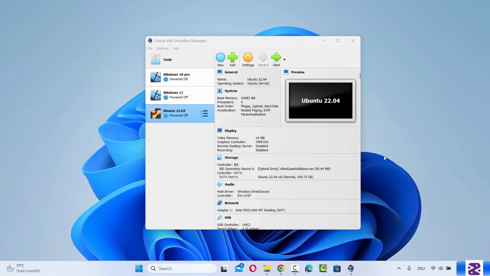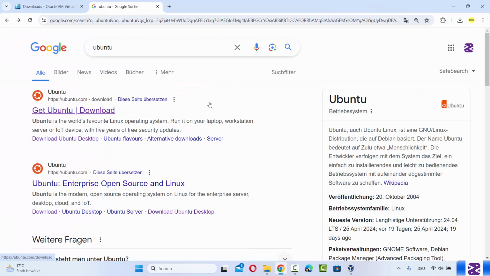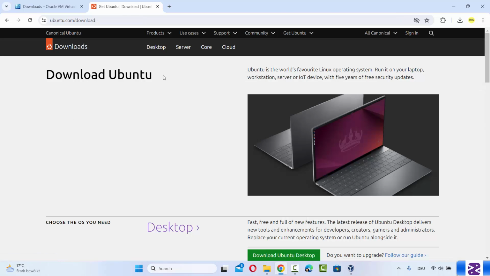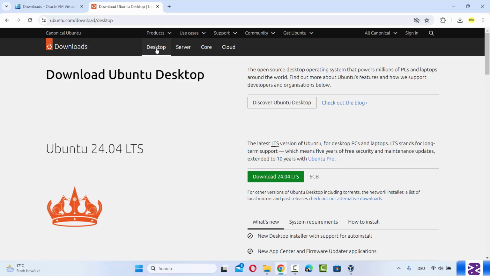So in order to download the ISO file for Ubuntu, you can go to your favorite browser once again and search for Ubuntu, and the first link which will appear here will be from ubuntu.com/downloads. I'm going to click on this link, and here you will be able to see this desktop option. So just click on desktop and you can see at the time of making this video, Ubuntu 24.04 LTS version is the latest version. LTS stands for long-term support version. So to download the ISO file, you just need to click on this download 24.04 LTS option here, which is